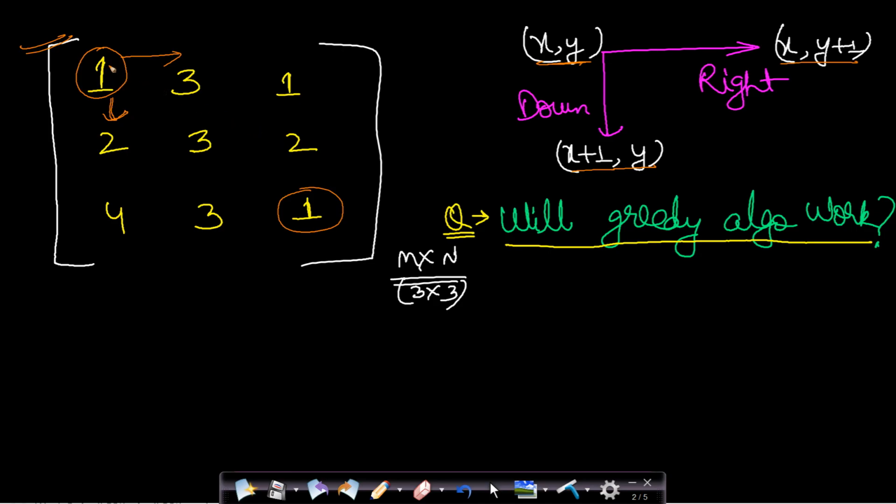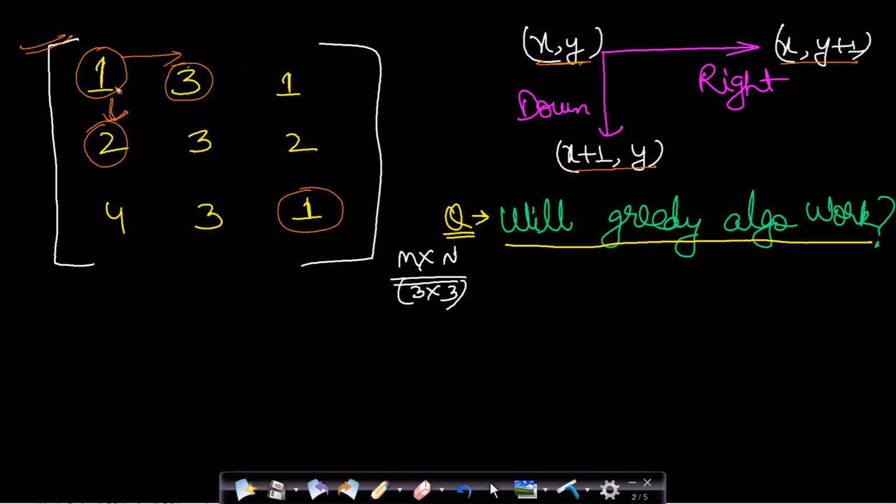The greedy approach says that given a point, we will take the most optimal next step. From this 1, we have two options: either we can take the path to 3 or we can reach 2. Which one will be optimal for this one step? The minimum of these two will be taken. So the greedy approach says we will take the most optimal path immediately without knowing about the future.